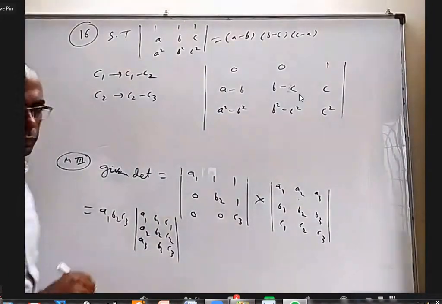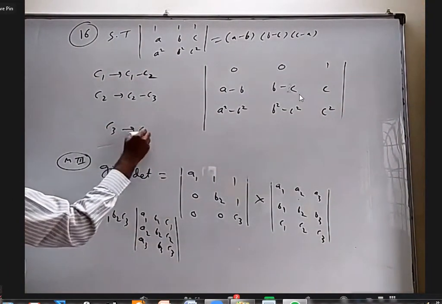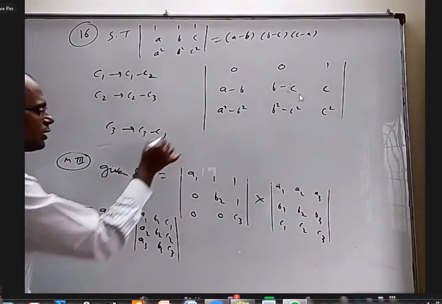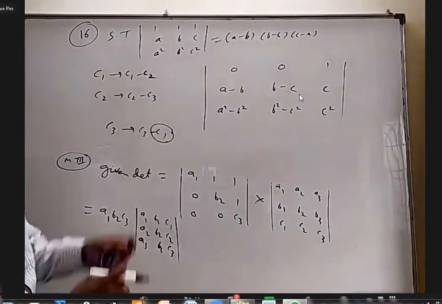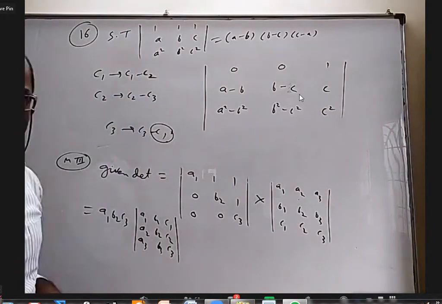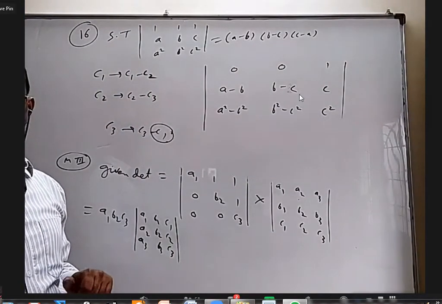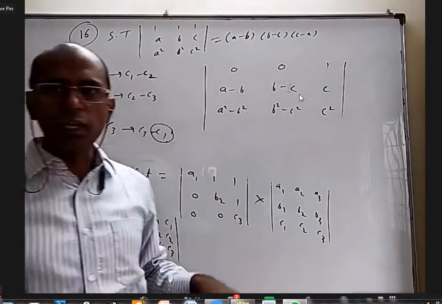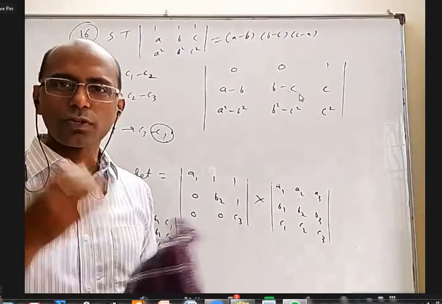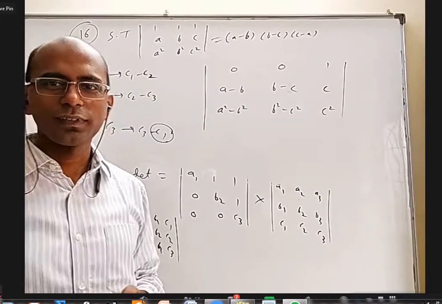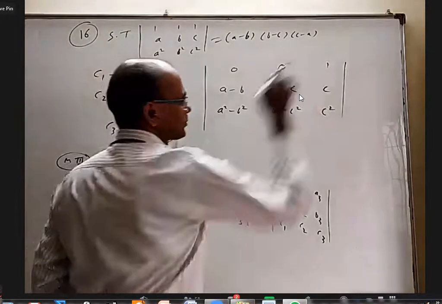No, there is a problem. Okay, good that you asked. If I write column 3 as column 3 minus column 1, which column 1 should I use? Not the original column 1, because it's already changed. Because if you do that, I'll prove to you every question answer is 0. You don't have to solve. Determinant chapter is over. Why? We'll get one more 0 here.